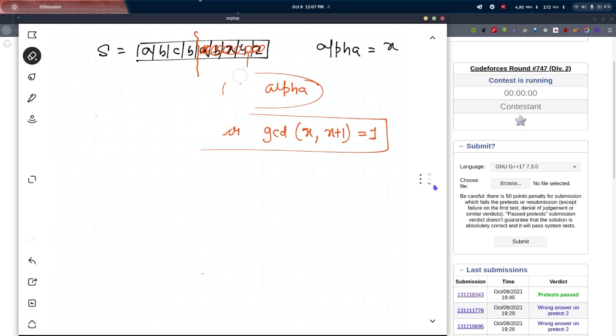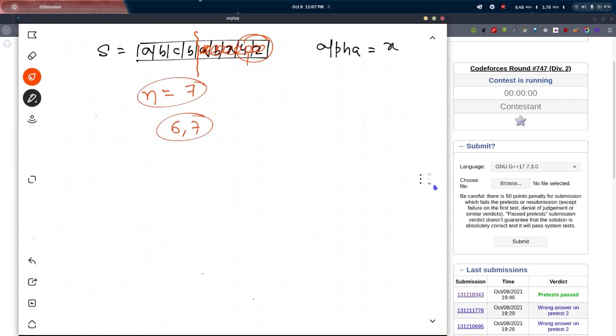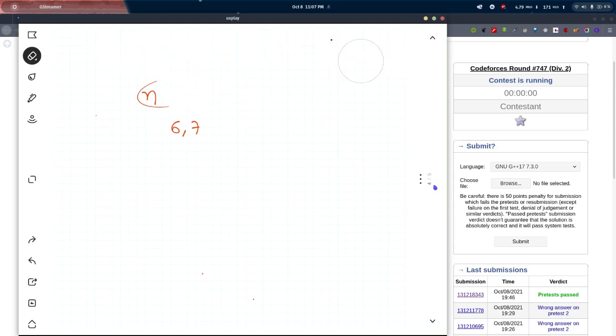So in this case I can take any two neighboring numbers, and by neighboring numbers I mean that I'll take the last 2 digits as x. For example, if n, the length of the string, is 7, then my answer would be 6 and 7. This would be my potential answer. This is not the only answer, but it is a potential answer. It is a correct answer. There can also be multiple answers and multiple approaches to solve the problem.